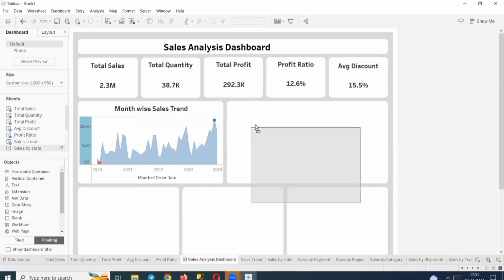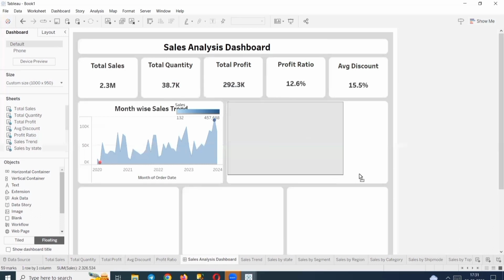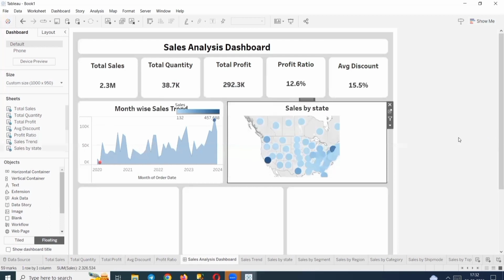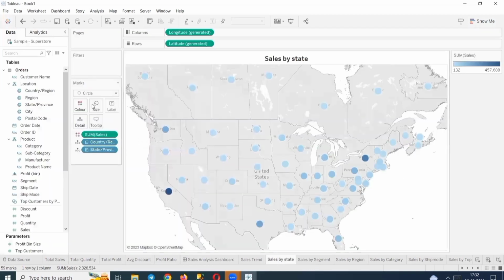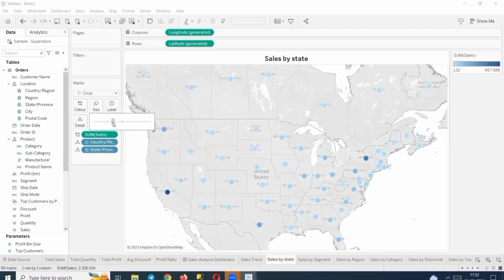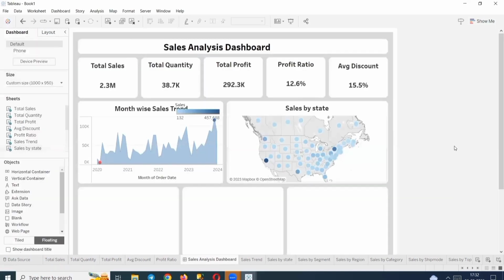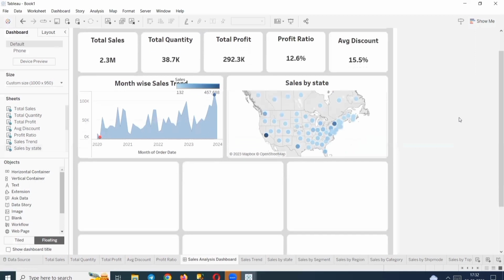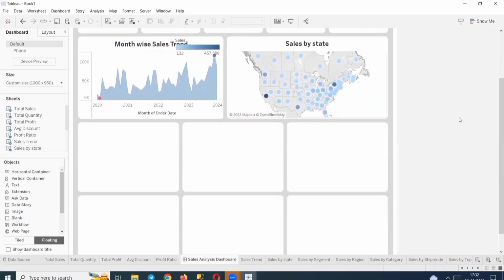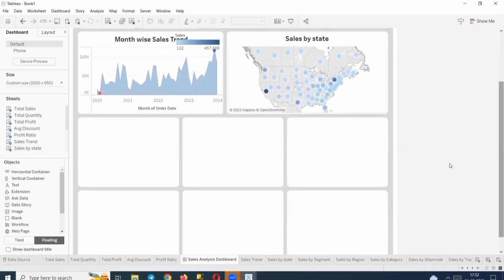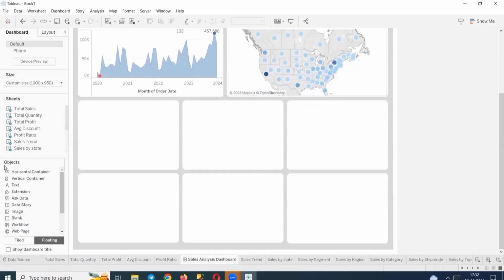Let me bring the map onto the next one. Okay. I think we need to decrease the size here. Okay. Let's move on to the rest of the fields,